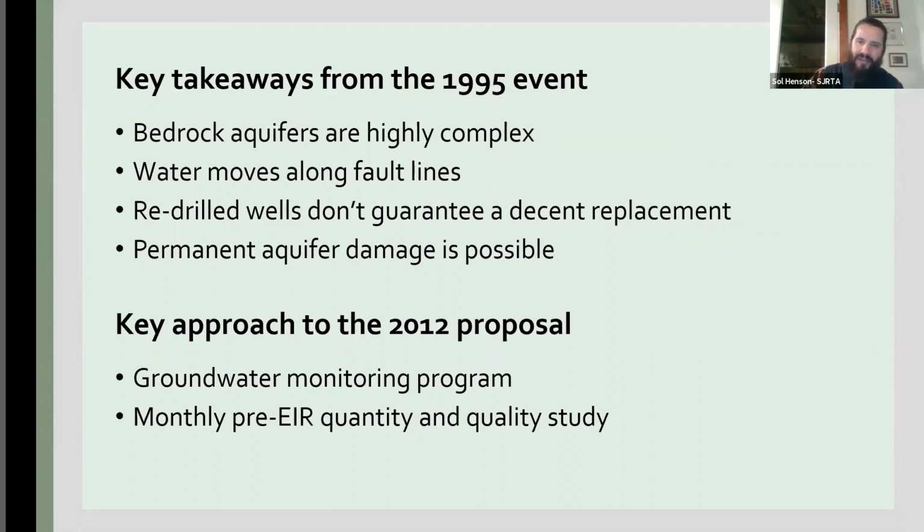And then the other thing that I want to note is that you can't really say you're going to have 1 to 2 million gallons a day dewatering out of these mine tunnels, because these mine tunnels are going to be getting expanded and growing and getting bigger. The larger the mine tunnel network, the more water you're intercepting. So I would imagine there's a much bigger range in the amount of water that's going to be coming out of this mine, especially near the end of